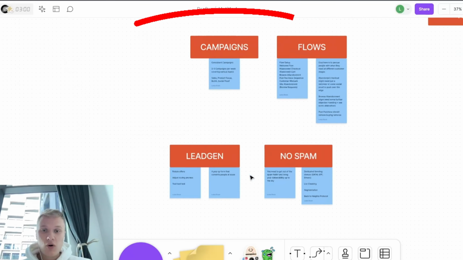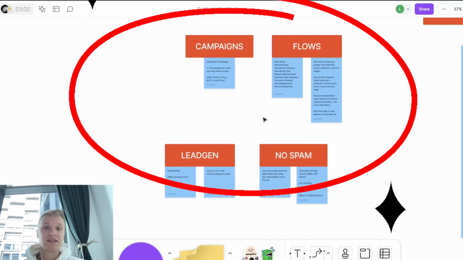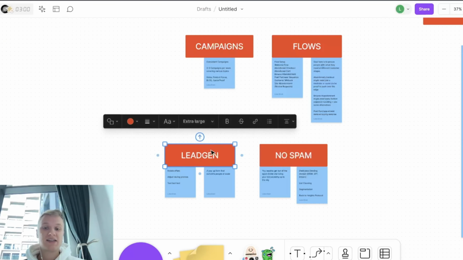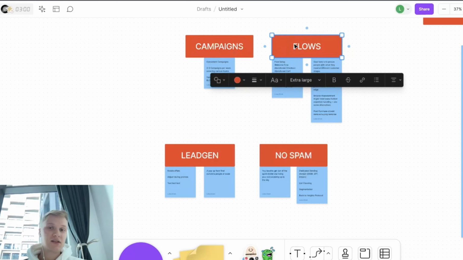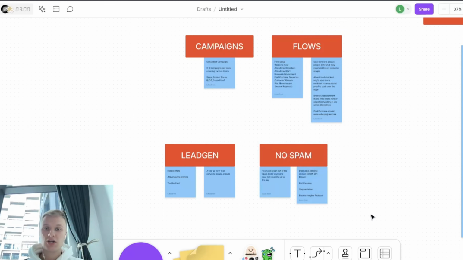So these are the 4 key pillars when it comes to your campaigns. Let's do a quick recap. You want to get as many high quality emails as possible to then send campaigns to and have some automations running. The last thing you want to do is land in spam, and that's why you follow the no spam protocol to actually make you super profitable, because more people will open your emails because they're in the inbox, and you do that through the campaigns and the automations that you set up.